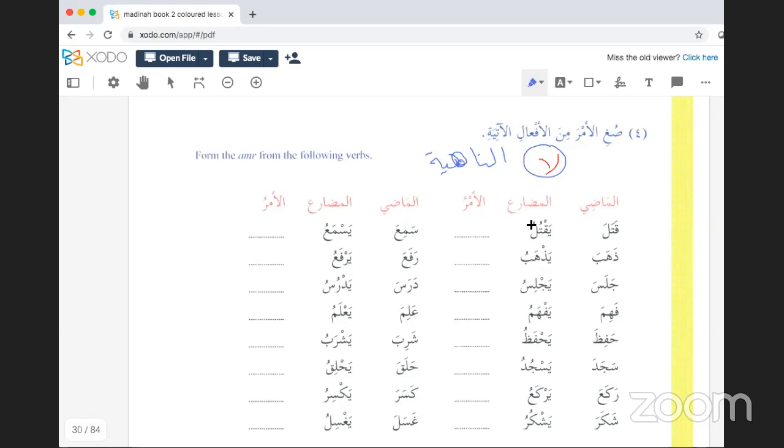Just like fi'l amr is majzoom, the fi'l mudari' that comes after la an-nahiya is also majzoom. So if I was to put lam alif here, la an-nahiya, before yaqtul, yaqtulu,